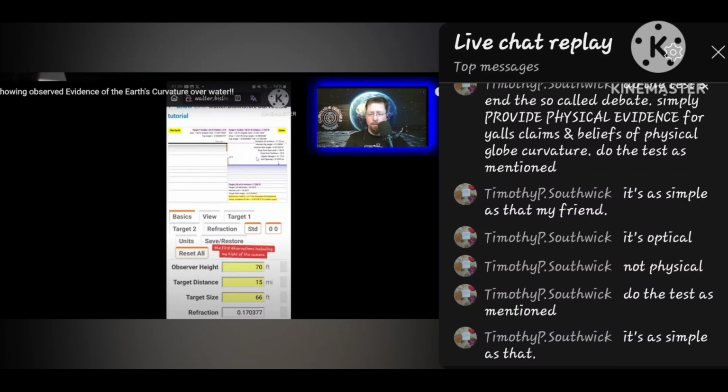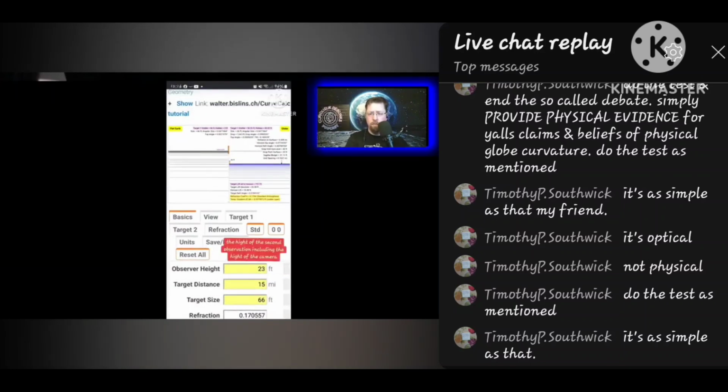The globe model, as you can see, says there should be stuff hidden, which there is. This is now where I calculated for being lower down. And so here's lower down. See, so you should be able to see the whole thing. The horizon should go further back, but here, lower down, it's hidden. Even more is hidden. As you can see, this still works for the globe model and not for the flat Earth model.